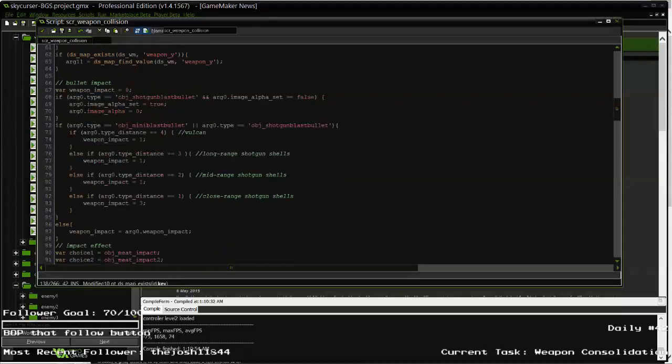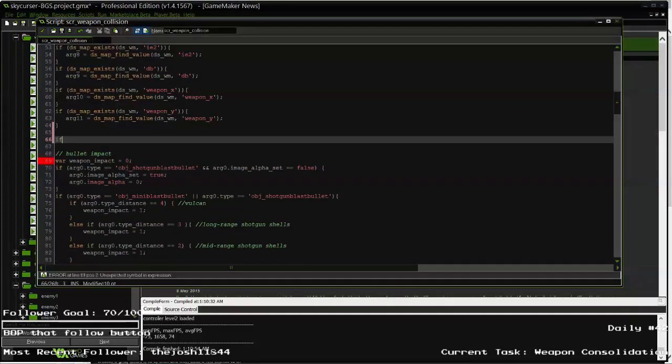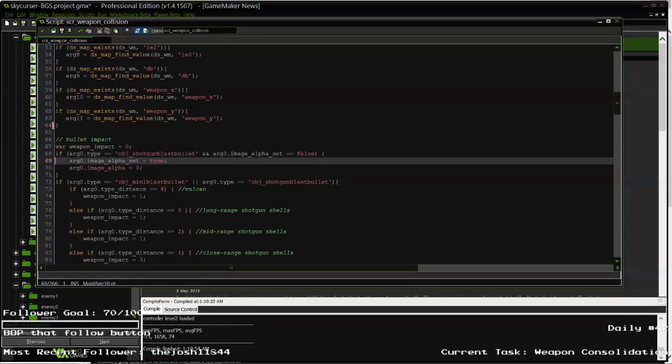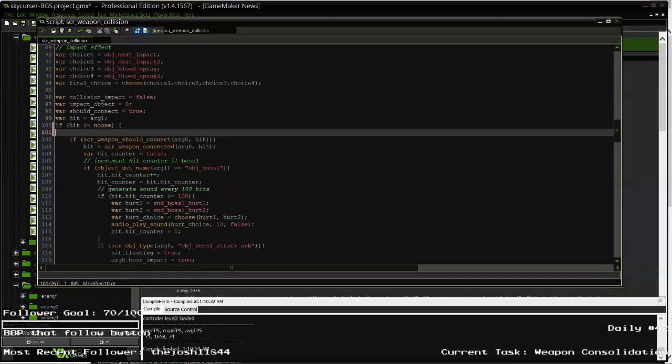Here, I've got an idea. Let's just do this on impact so we don't kill the machine here. If script object type of argument 1 is object base vehicle,